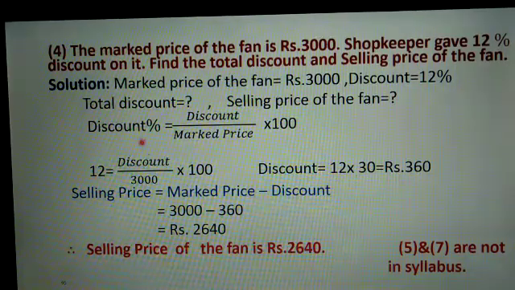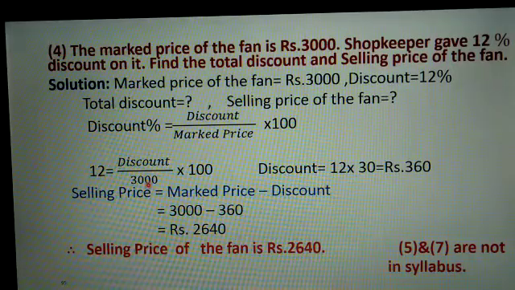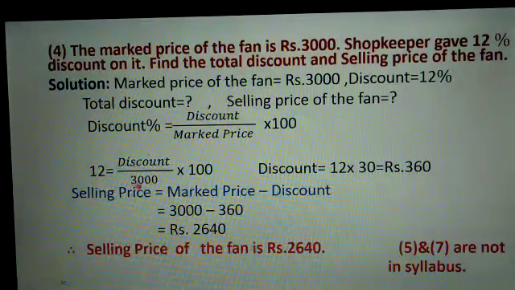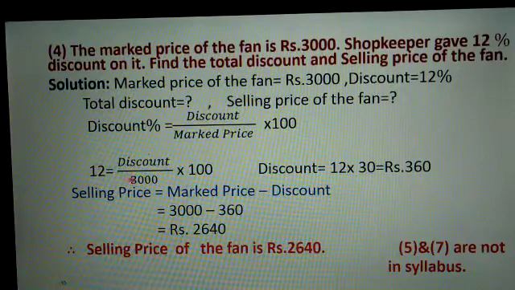So we have the formula discount percent. What is discount percent formula? Discount percent is equal to discount upon marked price into 100. Now here discount percent is 12. So 12 is equal to discount upon mark price. Here we have mark price given as 3000. So discount upon 3000 into 100. And from this, what is discount? Discount is equal to this, two zeros are cancelled with 100 from 3000, and what is left in the denominator? Only 30. So 12 is multiplied with 30 here. Discount is equal to 12 multiplied by 30, that is 360.